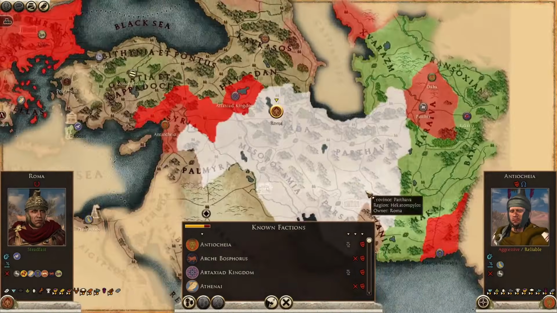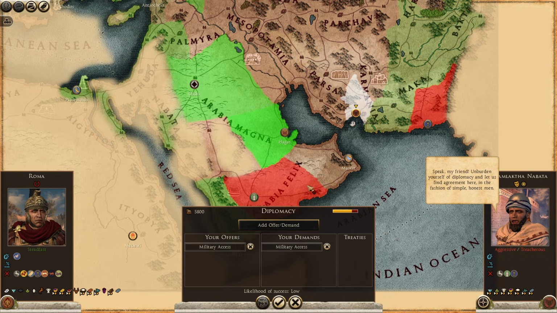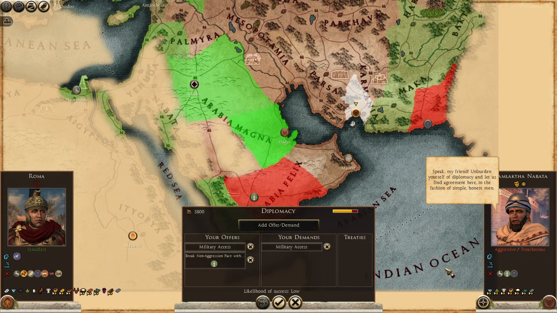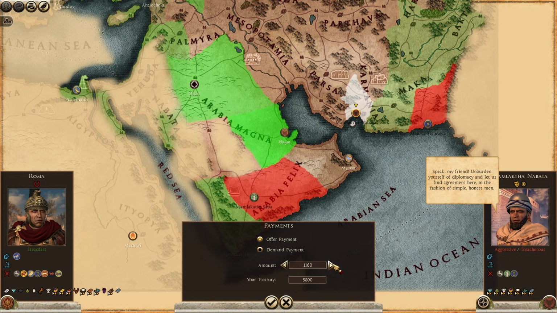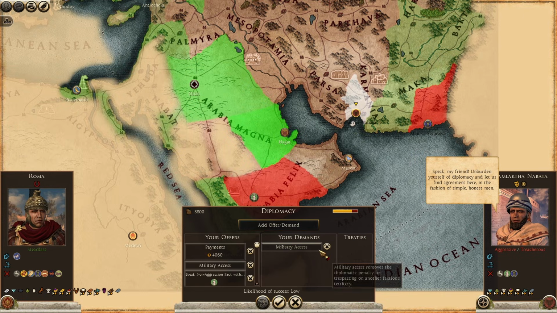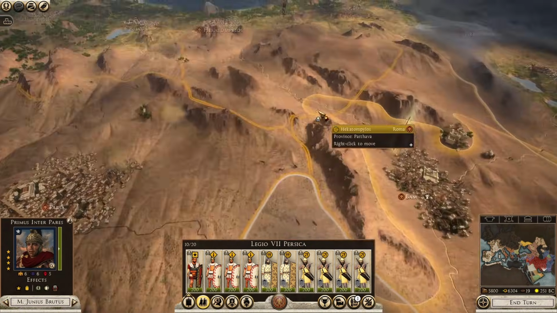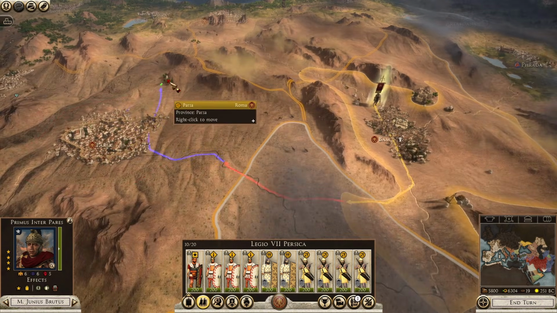Can we get military access with Apatea? What about if we break our non-aggression pact with Saba? I just saw you at war with them, so maybe that will work. They would like that. What about trade? No. Military access and offer some gold as well. No, they're just not willing to make any deals with us. But I would like for you to get over here, so...